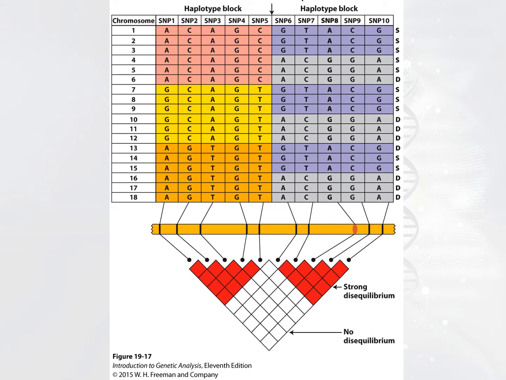Since SNP 8 is in strong linkage disequilibrium with other SNPs on the same chromosomal block, for example with SNP 6, 7, 9, and 10, any of these can actually serve as a proxy for SNP 8. So, for example, if an individual is TT at SNP 7, he will have the same phenotype as those with AA in SNP 8. If the SNPs are correlated, or they are in linkage disequilibrium, the trait or the phenotype